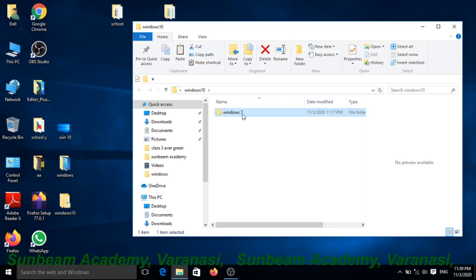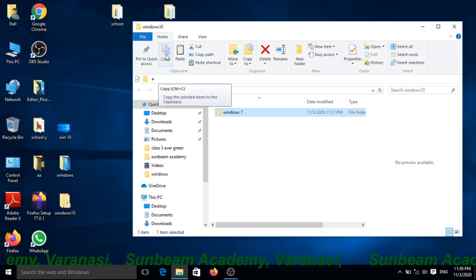Yes, choose Home and first select the folder which you want to copy. Select that folder and click on copy, or you can use the shortcut key, Ctrl+C.